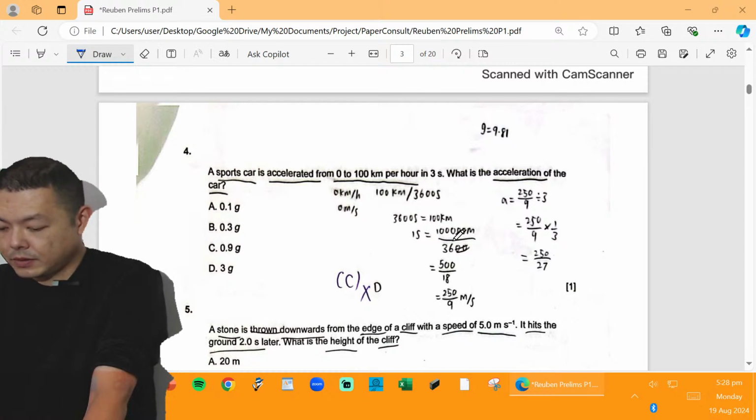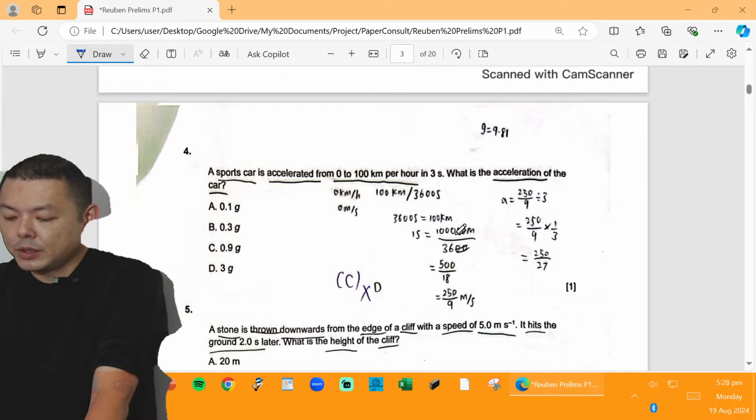You want me to go through 4? Okay, yes, number 4. Let's look at this. This is a legit IB question. So the tough part